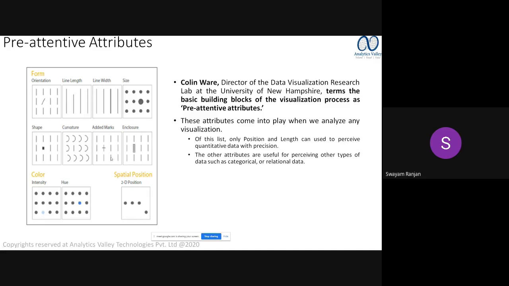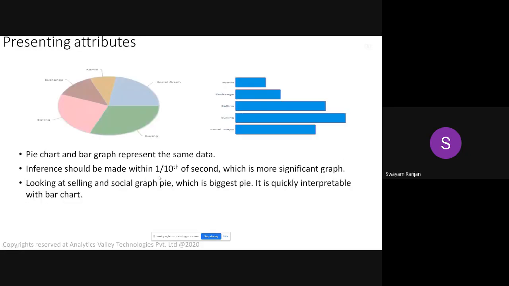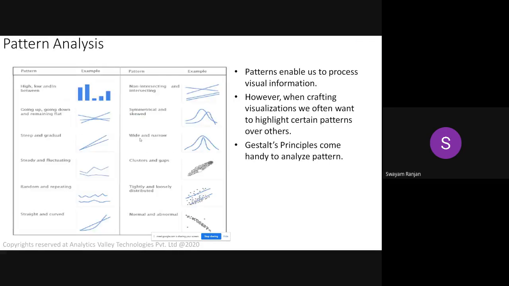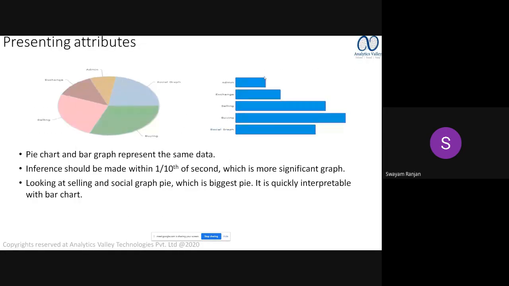This is what we have covered during our entire presentation, as a part of your color and of your spatial positioning, where I insisted that you make 2D positions rather than 3D positions in your graph. If you see here, the same thing is presented as a bar graph and a pie chart. For relative comparison, a bar graph is pretty easy because I'm able to scale it properly. But in the pie chart, inferences become pretty difficult, and we have to put in a lot of pain to understand what exactly the graph is saying.